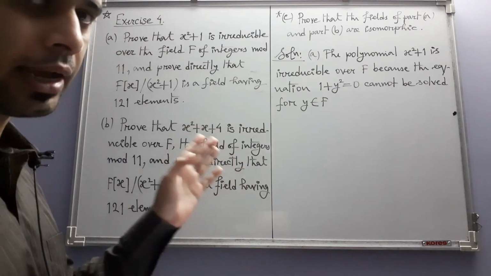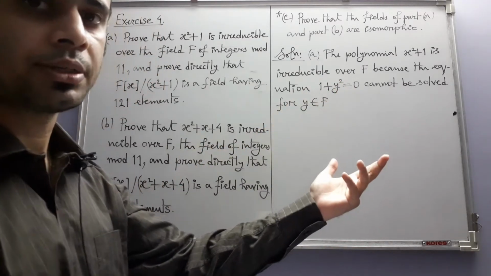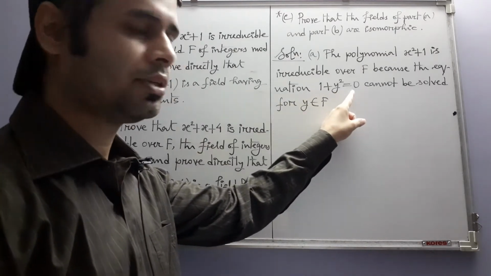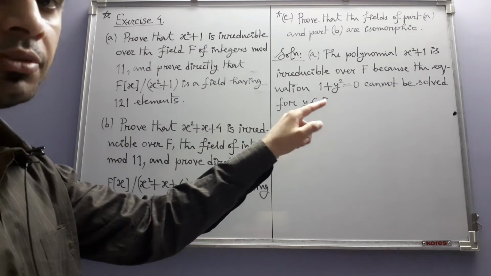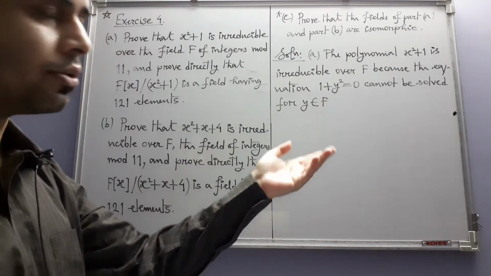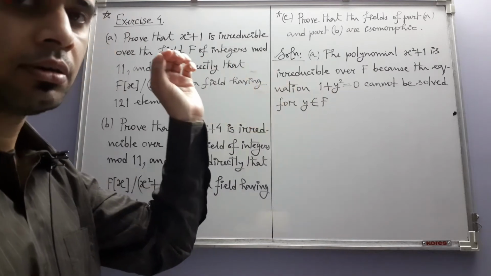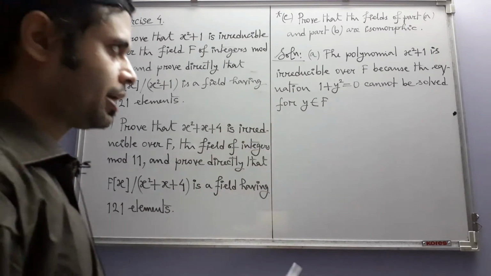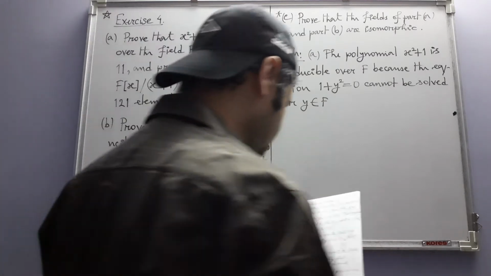that we did there in that solution. If you assume that x square plus 1 is reducible over f, then you will ultimately end up having an equation like this which has a solution in f. Now for this particular field, that is the field of integers mod 11, it has 11 elements, you already know. You can put them in place of y one by one and you will see that none of them solves the equation. So that's why x square plus 1 cannot be reducible. It has to be irreducible. So we mentioned that fact.